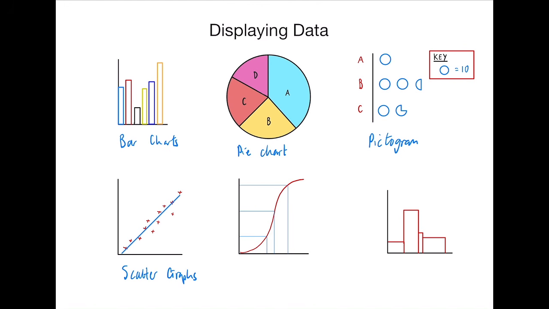This one is a bit more obscure as well. This is called a cumulative frequency curve, something we will look into a bit more in a minute. And finally, a histogram. The big giveaway here is that all the bars have different widths based on the classes